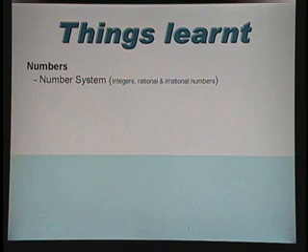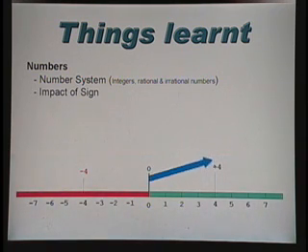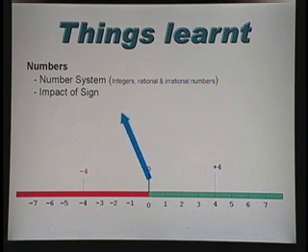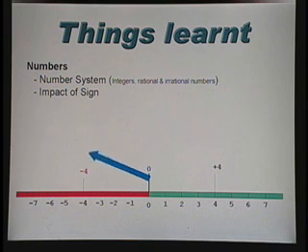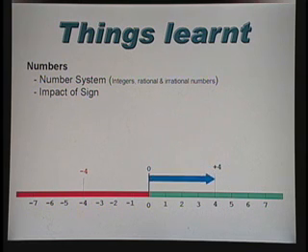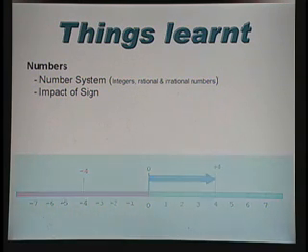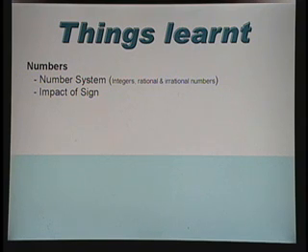After number system comes our impact of the sign. You remember this part of the animation where we said you multiply plus 4 with minus 1, it becomes minus 4. You multiply minus 1 with minus 4, it becomes plus 4. So minus is a flipper. Whenever minus is applied to a number, it changes the meaning of the number. It flips the number. So if you have plus 4, it becomes minus 4. If you have minus 4, it becomes plus 4.